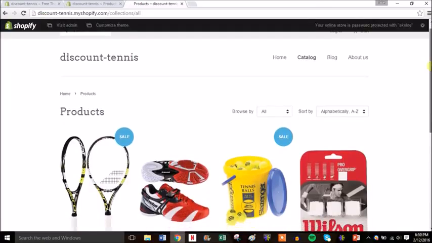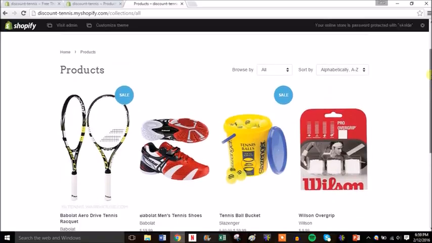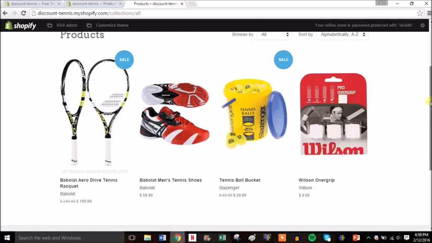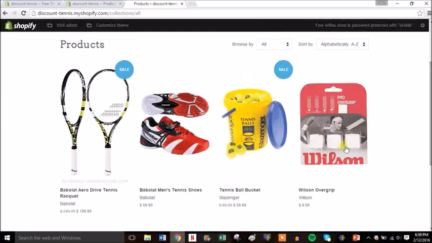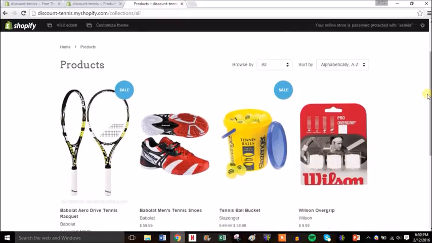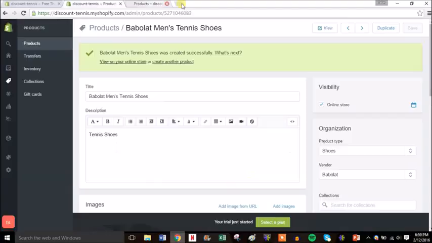Okay, so as you can see, I have gone ahead and added 2 more products to our catalog here, so it fills out the entire screen, so it looks good. I've added grip and shoes. So as you can see, our store is coming along rather well. And you can see the difference from having the sale and not having a sale, just by putting the compare at price at a higher price. So now